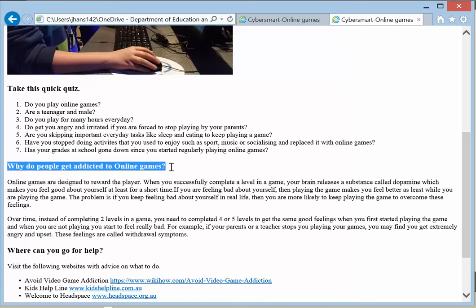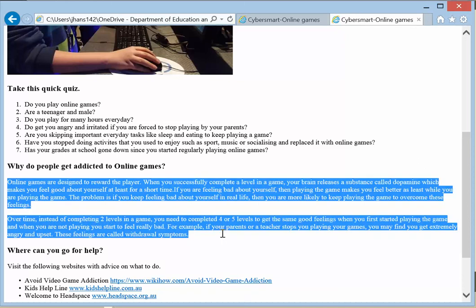Then I write a little bit about why people get addicted to online games. It's starting to be recognised that people do get addicted. Addiction is something that has to be diagnosed by a health professional like a psychologist or psychiatrist, and I'm not trying to do that here, but I do explain a little bit about why people get addicted,